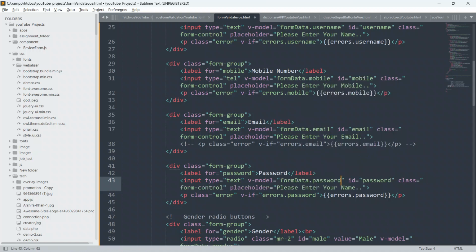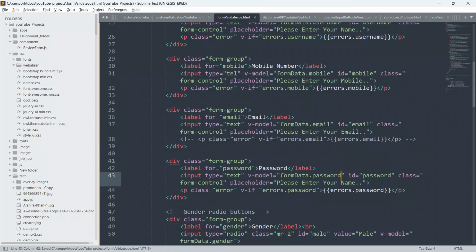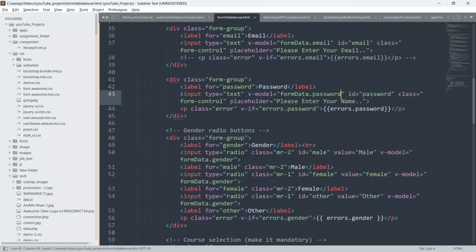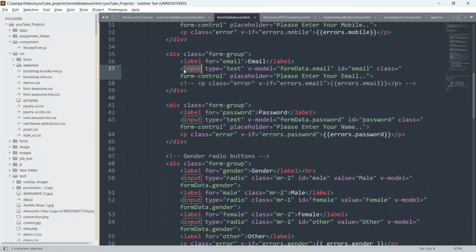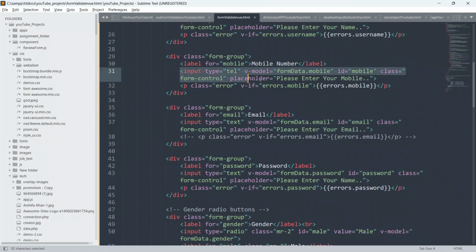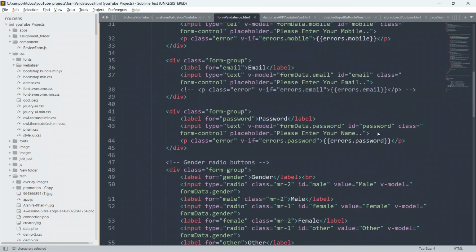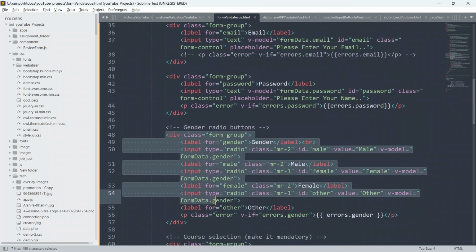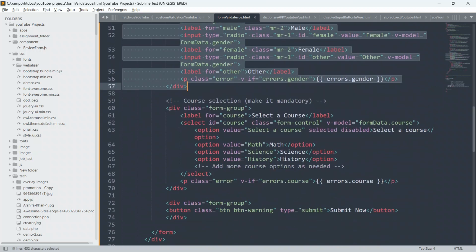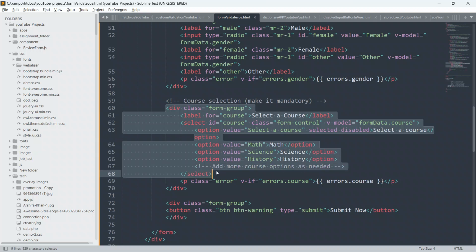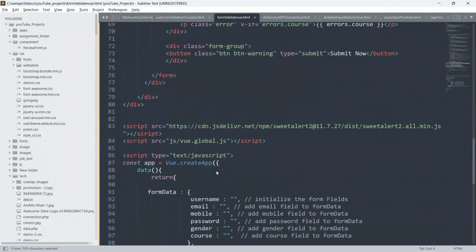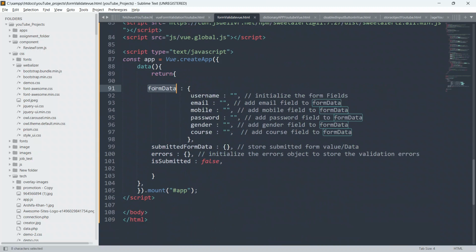So guys, now as you can see here, this input field, this input field, this input field and this input field, and this radio button, and this select course have now been attached to this form data.